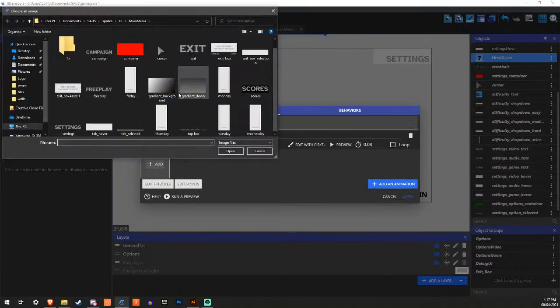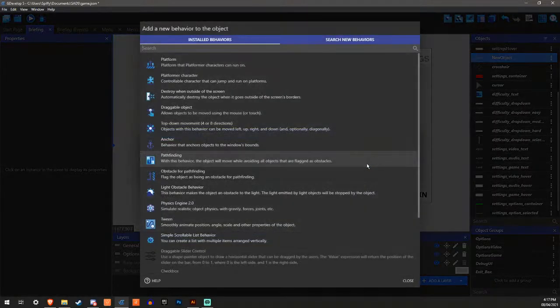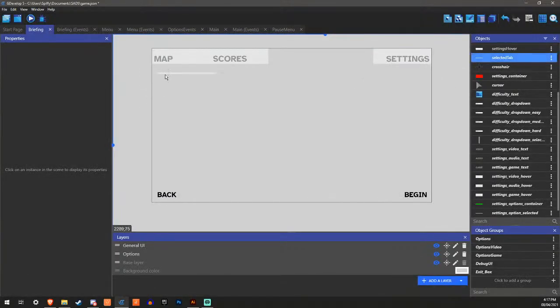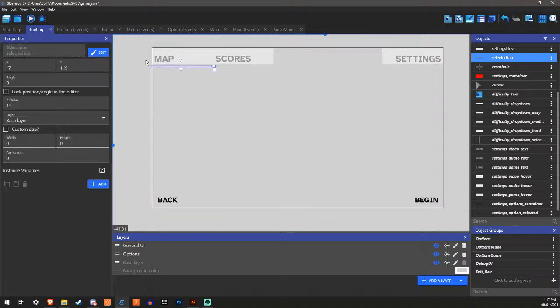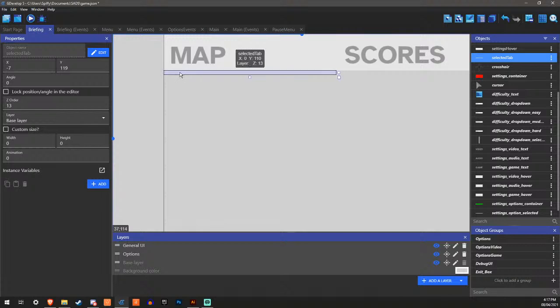Selected tab, it's going to have the selected tab, and it's going to have tween behavior. Tween, very nice. Going to put this under the map tab.